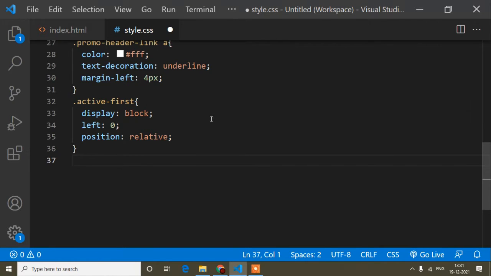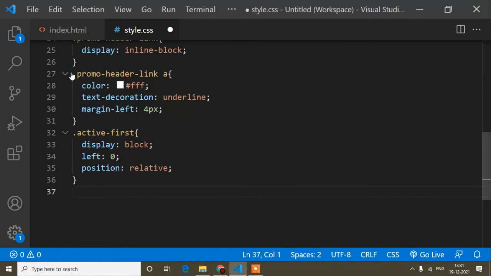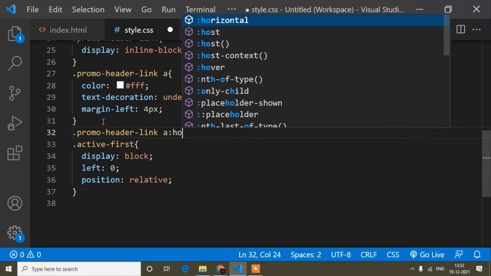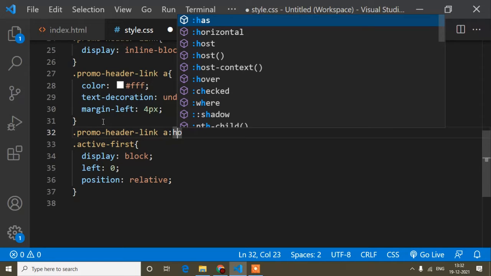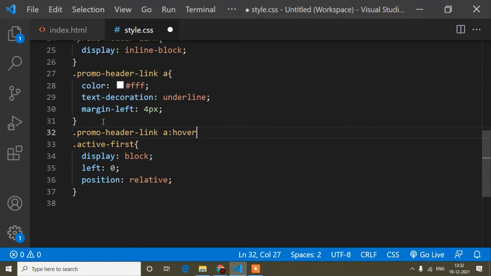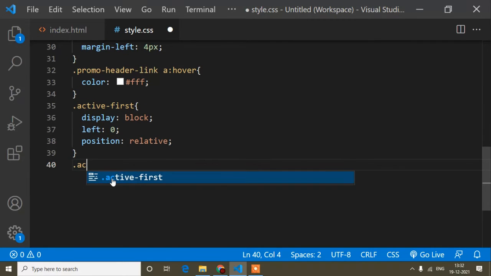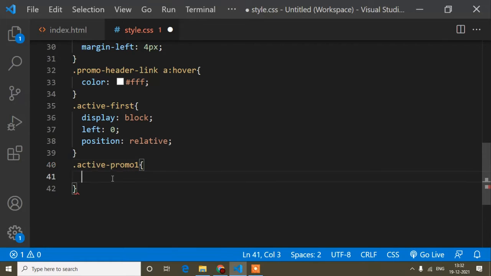One more thing I will do: I will copy this anchor tag, paste it, and add the hover. So hover is color. Now guys, here I will add active promo one, this way.